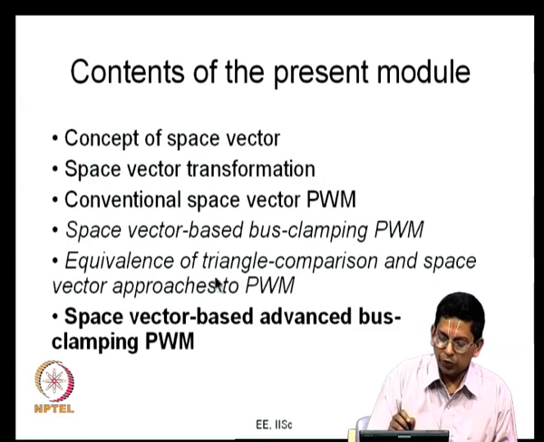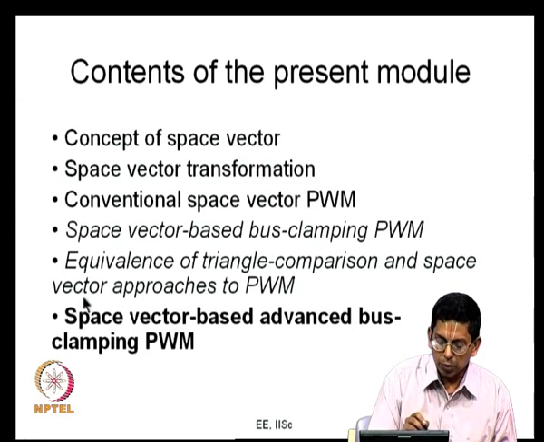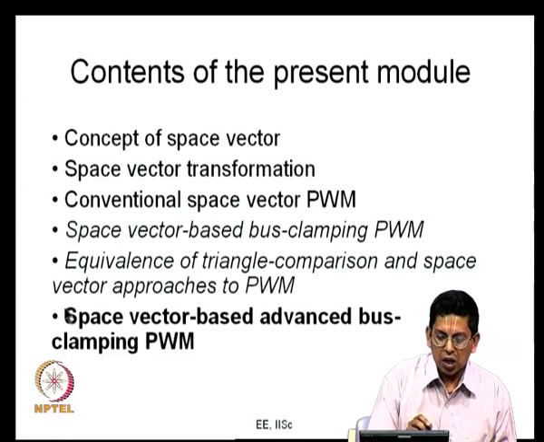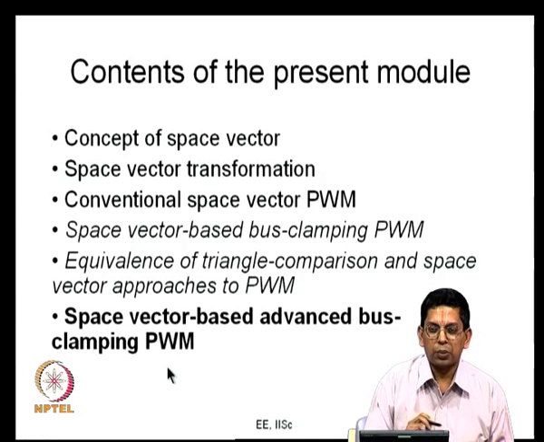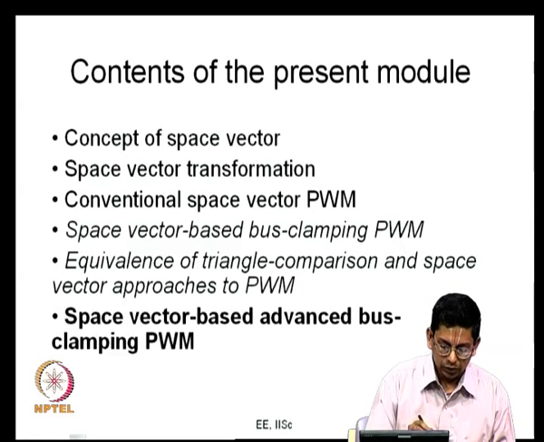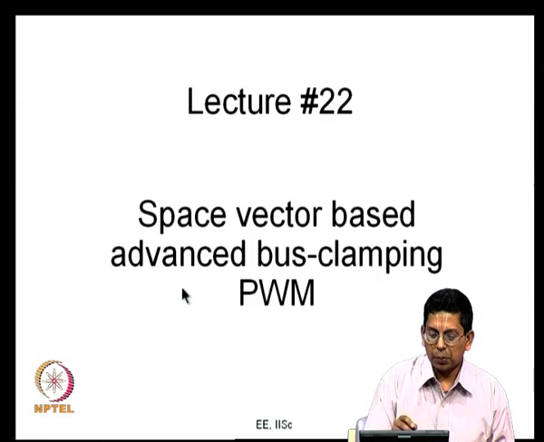Whatever PWM waveforms can be produced using the triangle comparison approach can also be produced using the space vector approach, whereas the converse is probably not true. There are certain pulse width modulation methods which are based on the space vector idea. They are not possible using the triangle comparison method. Some such methods are these advanced bus clamping PWM, and that is what we will be emphasizing today. So, let us get started with the present lecture, which is primarily on space vector based advanced bus